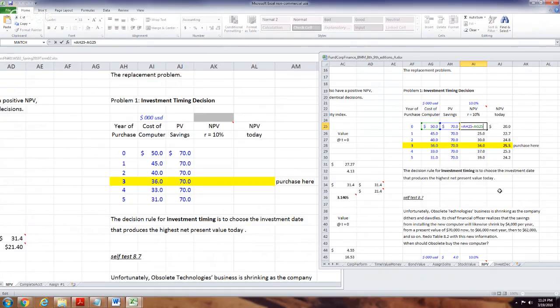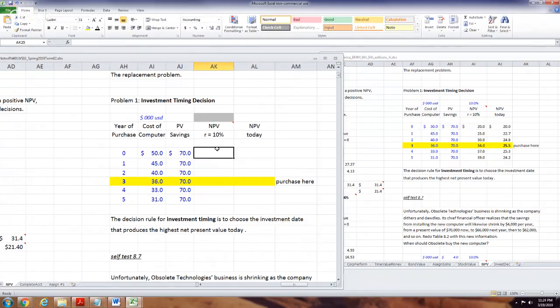So yeah, looking at this is the NPV. And the NPV is the difference. So I'm going to take this. I'm saying equals my savings minus what I spent. This is sort of the benefit minus the cost type thing.